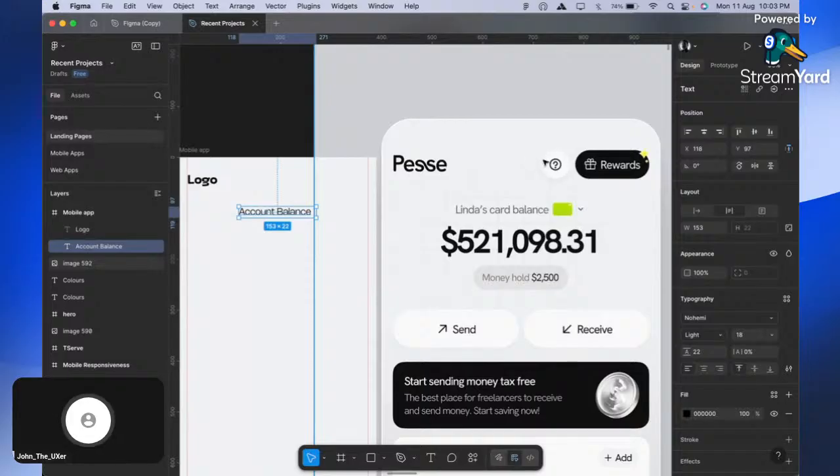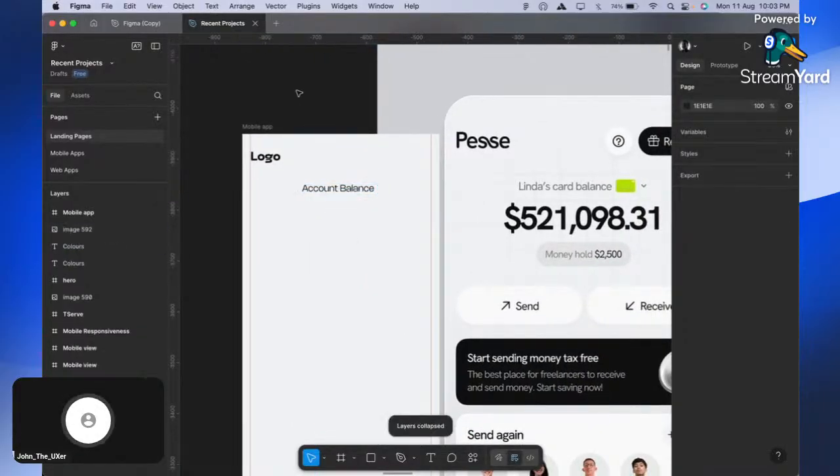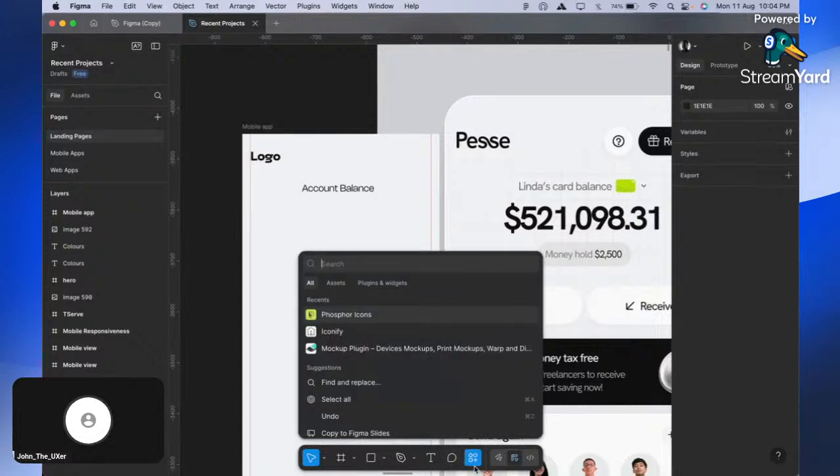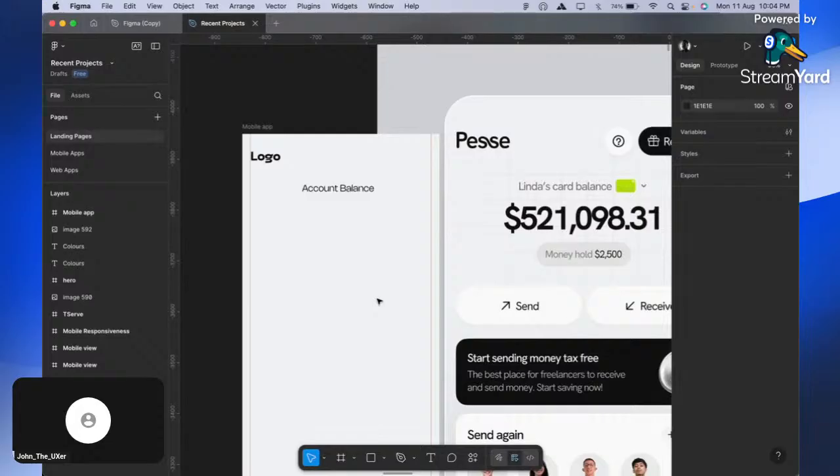Now we have a question mark here. We have this also here, rewards. Now let's pick up our icon. How do you get icons? Come over to this place. This is your toolbox. Click on this particular one that I'm showing you here. Now you see Iconify. You may not see it actually, but you have to search for it. Iconify. When you click on Iconify, it brings up